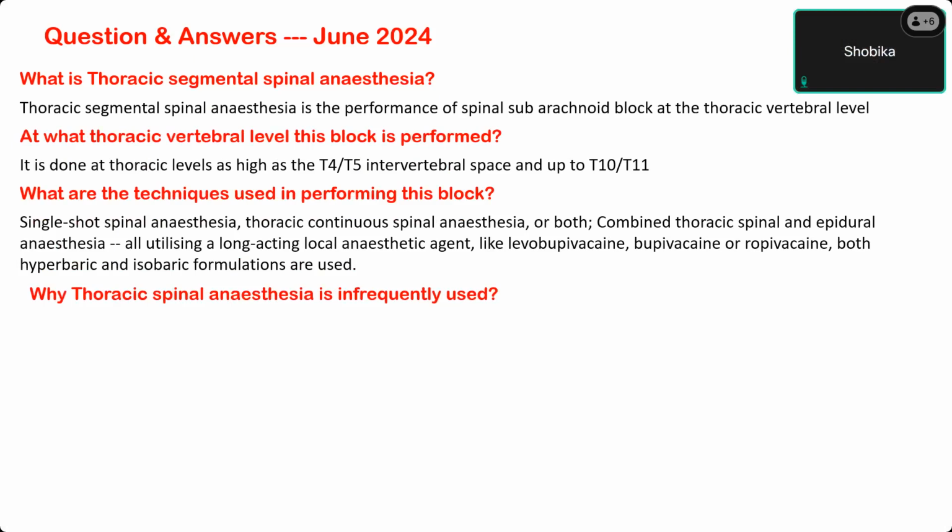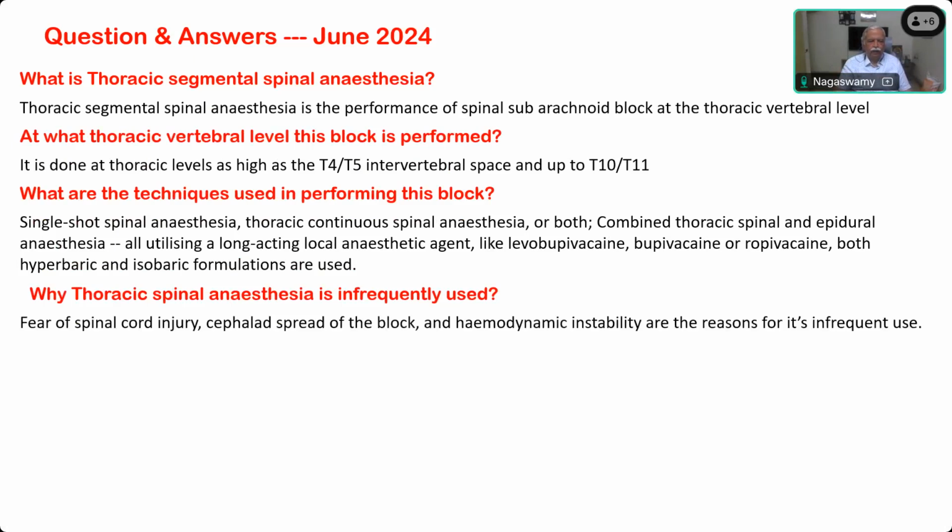It is injury to the spinal cord and blocking the cardioaccelerator fibers. T1 to T4 is the sympathetic supply, isn't it? Yes, so if you do a block at T4, T5, it may spread above and below. So the fear of spinal cord injury, cephalad spread of the block and hemodynamic instability are the reasons for this